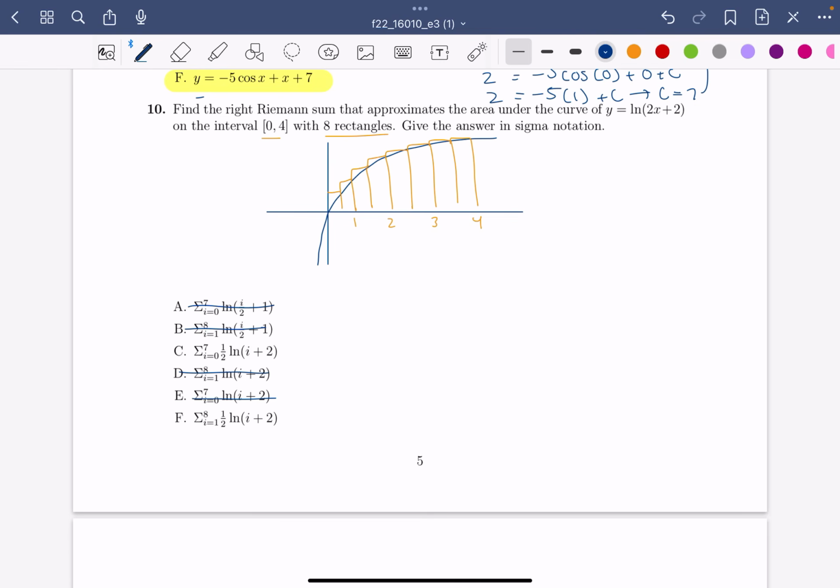Now, the only difference between the two is where it starts. This is important because for right Riemann sums, we want i to start at 1, because we're using the point at which the right end of the rectangle touches the curve. So if we were to write this, we would get i equals 1 to 8 because there are 8 rectangles, so 1, 2, 3, 4, 5, 6, 7, 8, of 1/2. So this is the width of the rectangle